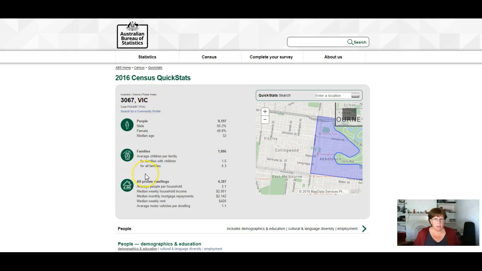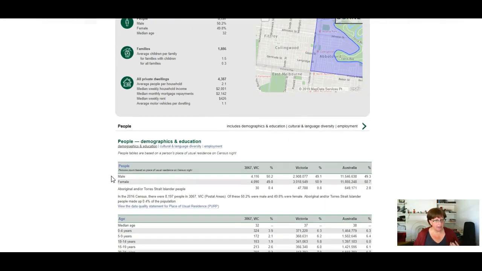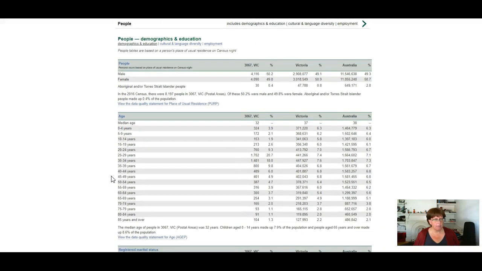At the top level here, we've got some really broad statistics about how many people live in this area, basic male and female breakdown, and a median age, families, and what types of houses we live in, with income and that sort of stuff. So really, really broad. But then if you come down the page, then you start to get heaps more information. So the way you read this across is, okay, of all the people,